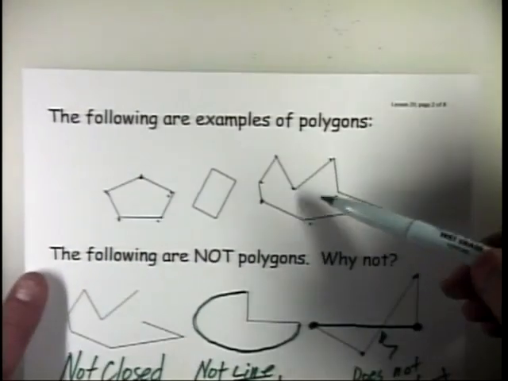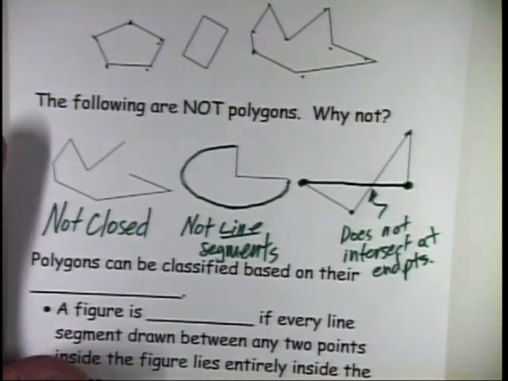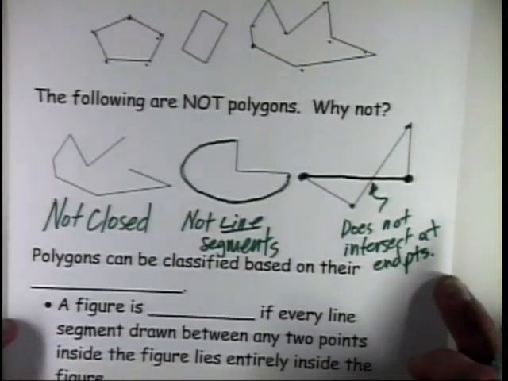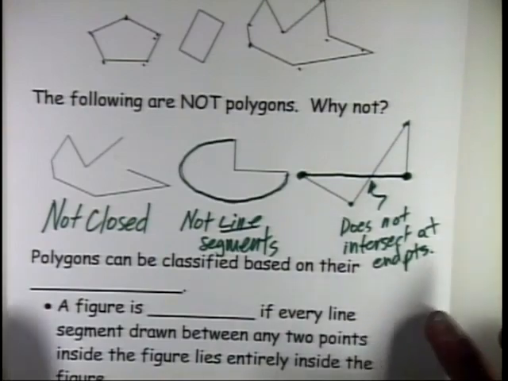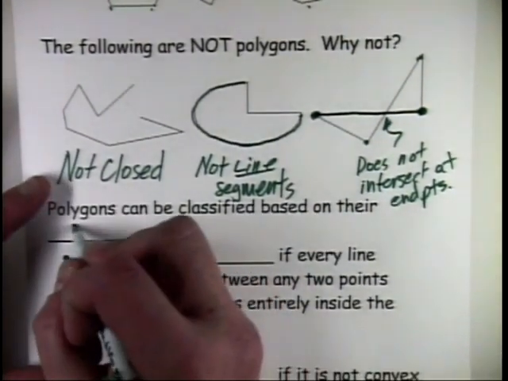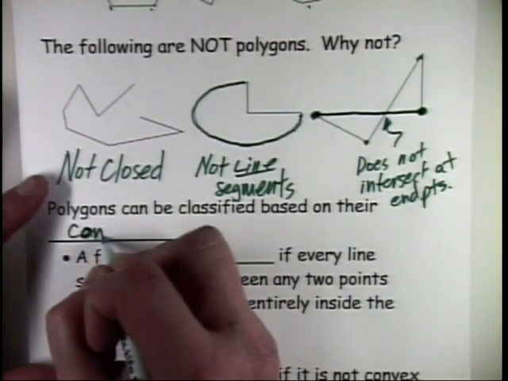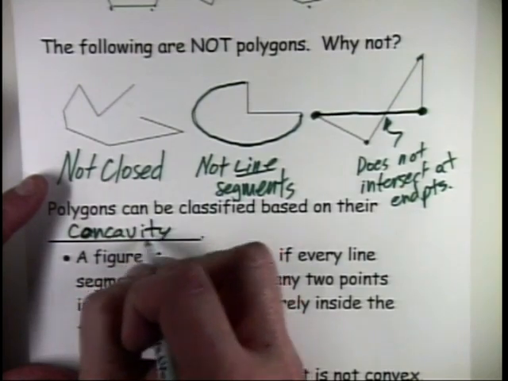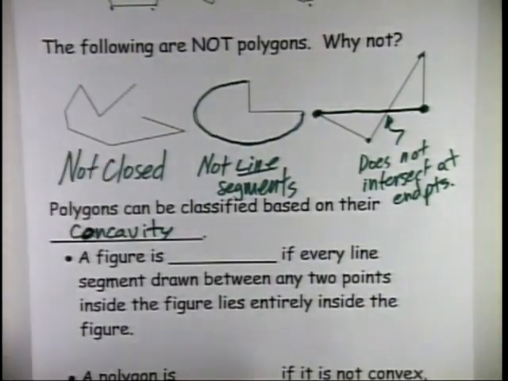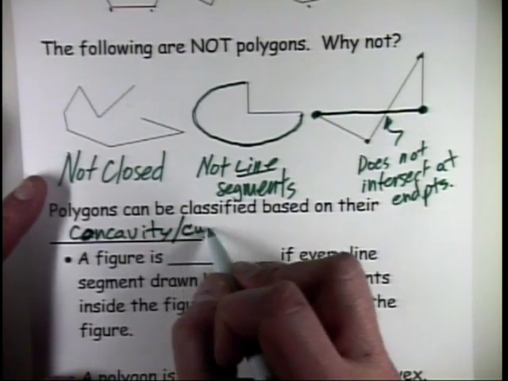Okay, so now you've seen some that are polygons, some that are not. Now we're going to start classifying them. Polygons can be classified a number of ways. One such way is based on their concavity. C-O-N-C-A-V-I-T-Y, concavity. And concavity is basically another word for the curvature